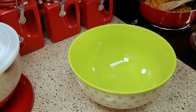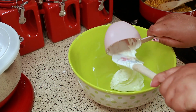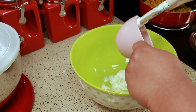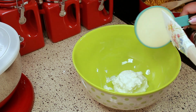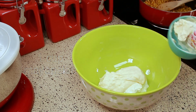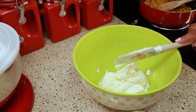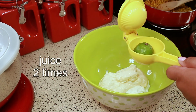Okay, let's make the dressing. So to my bowl, I'm going to add 1 cup of sour cream. And I like to mix this in the same bowl that I'm going to mix everything in. I'm adding 1 cup of mayonnaise to that. The juice from 2 limes,